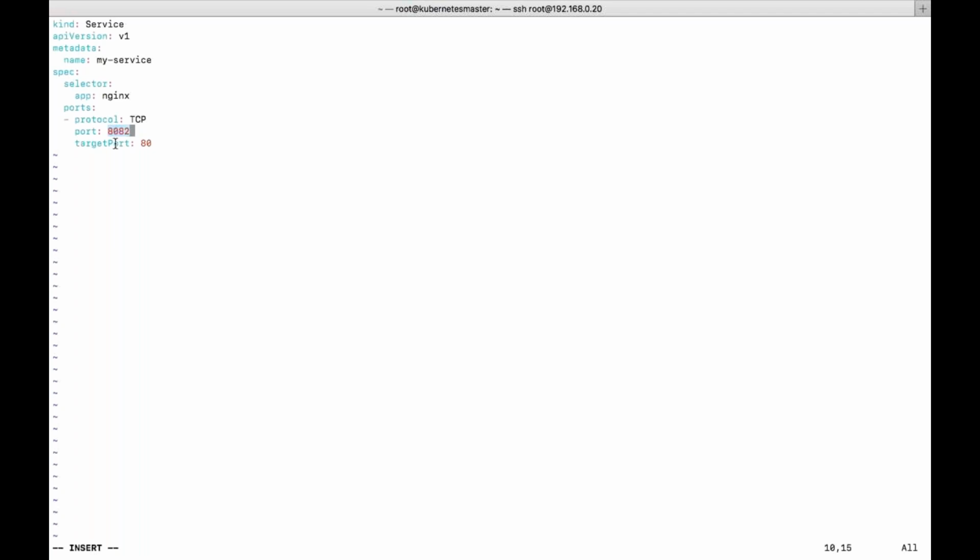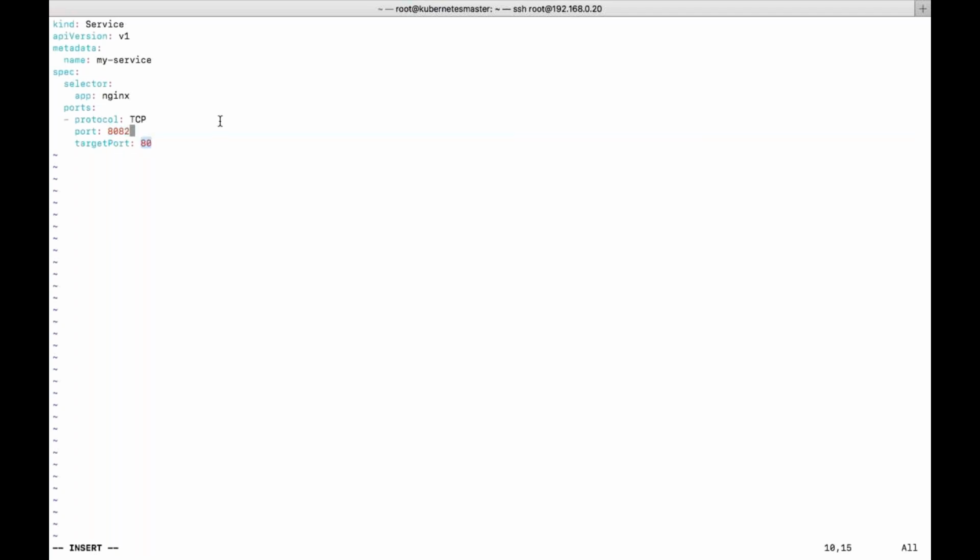Every service will be created with an IP address, that is a virtual IP. Every pod will be created with an IP, that is for sure, right? That particular pod IP will be listening on a port number called 80, which we have exposed. We specified containerPort: 80, in the sense your pod will be listening on port 80. So port 80 of the pod is bound to 8082 on the service. So with the service IP and this particular port number, you can access the pod related information.